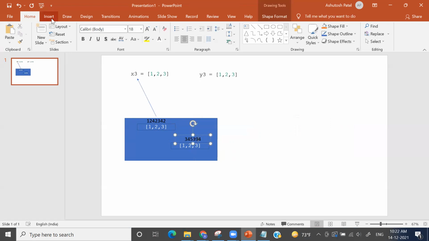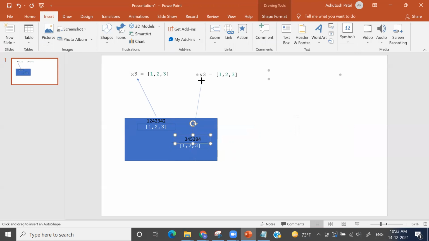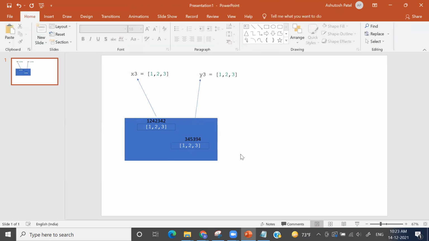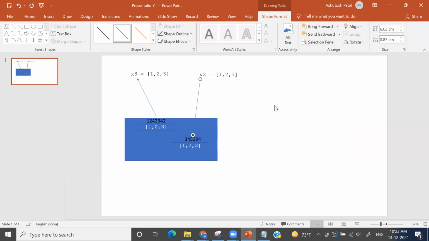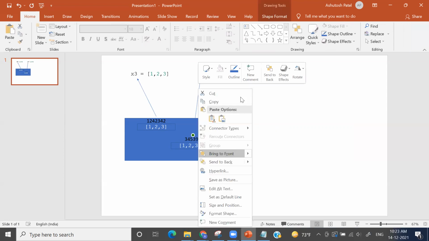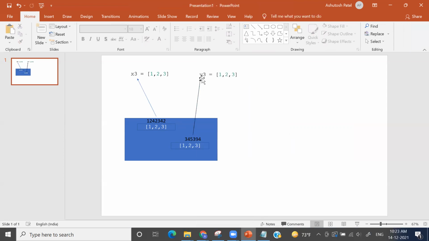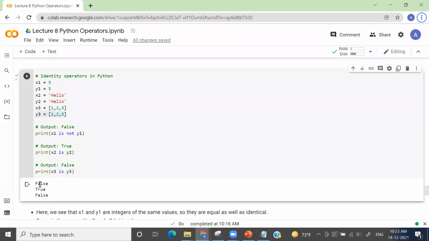And this is the value which your variable y3 is holding. Understood? Now I think it is more clear, right? Yeah, it was clear. So x3 and y3 are not holding the same thing. That is why you got the output as false here.